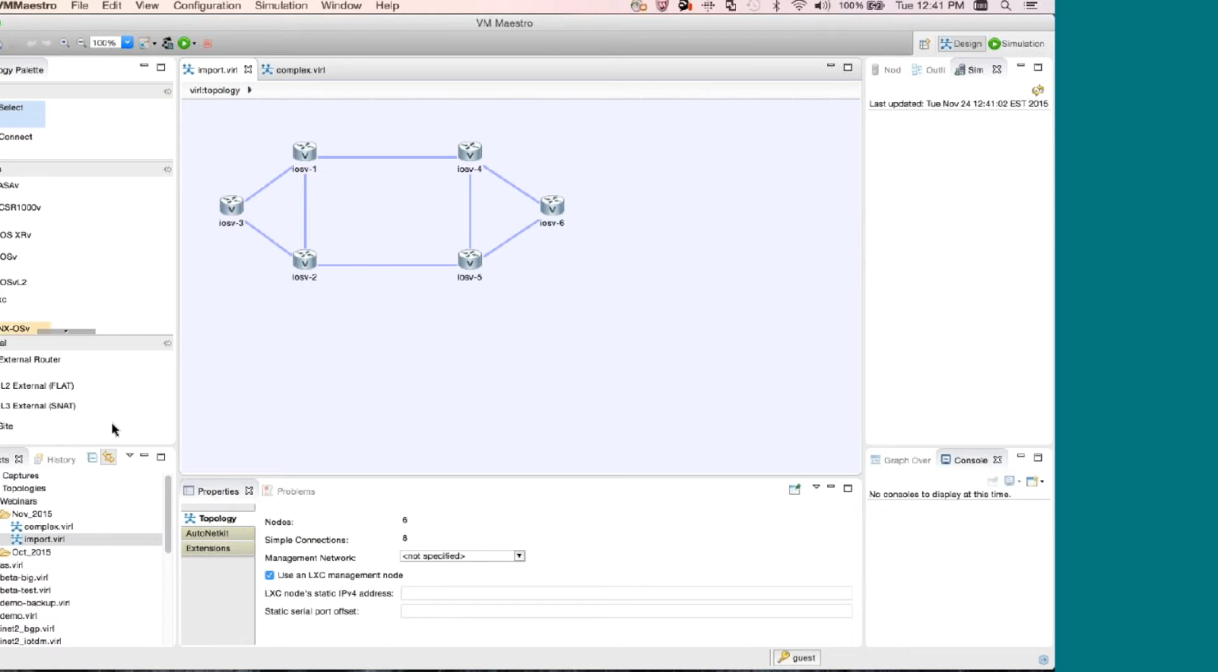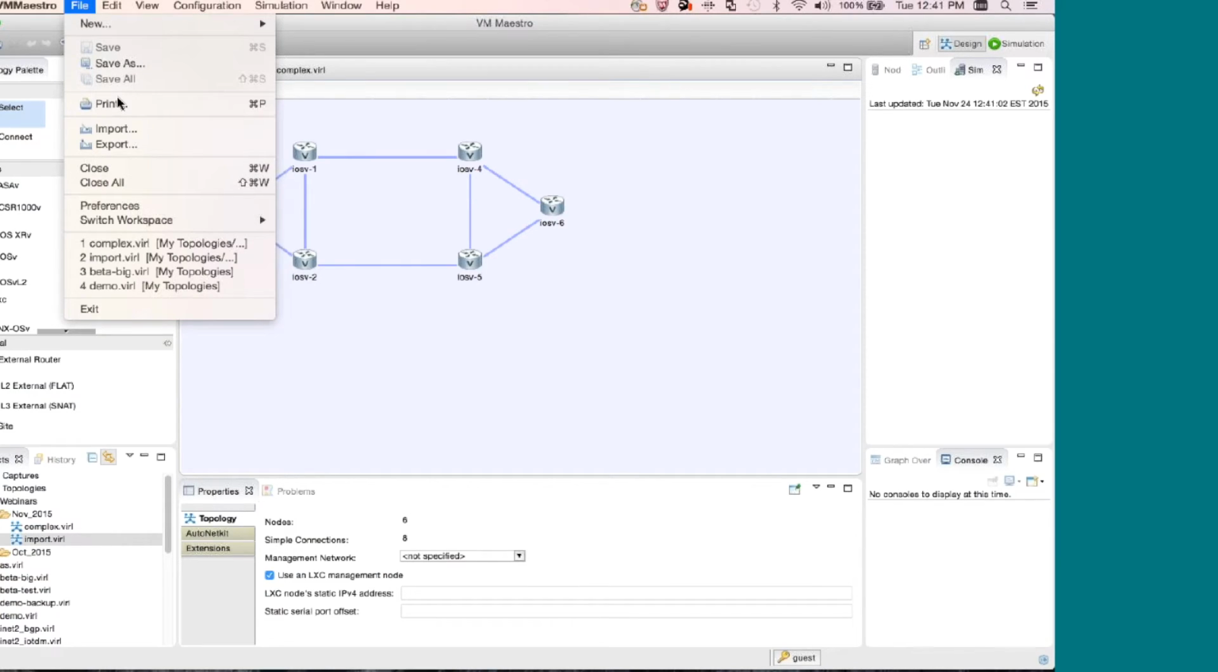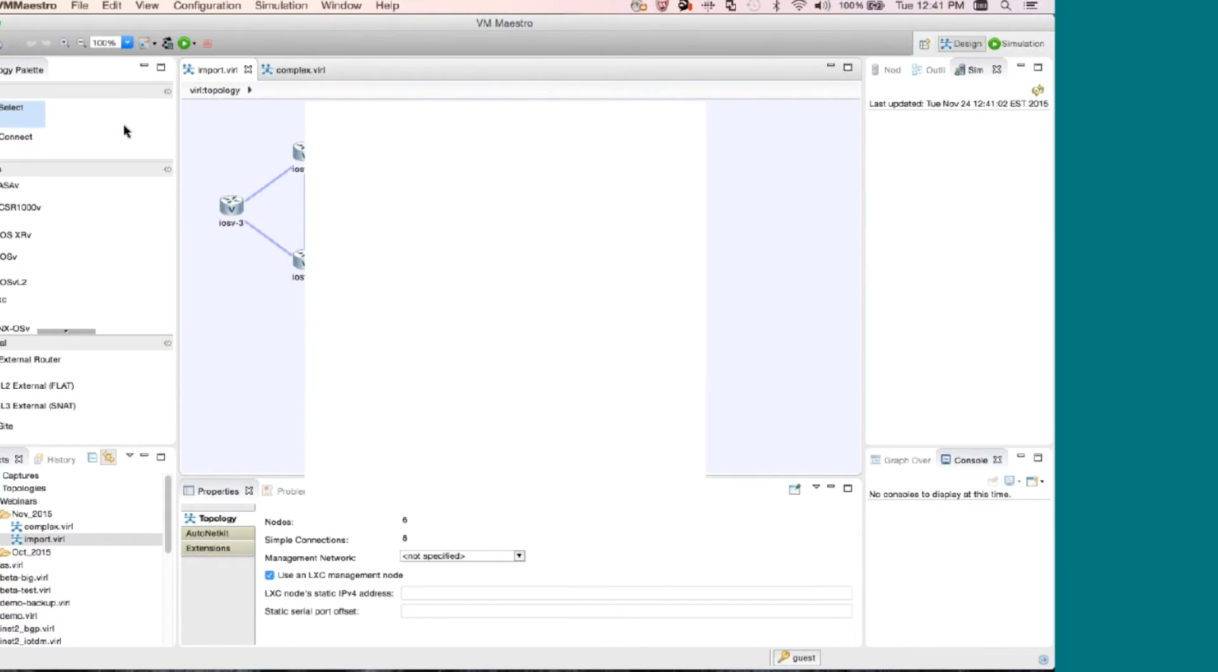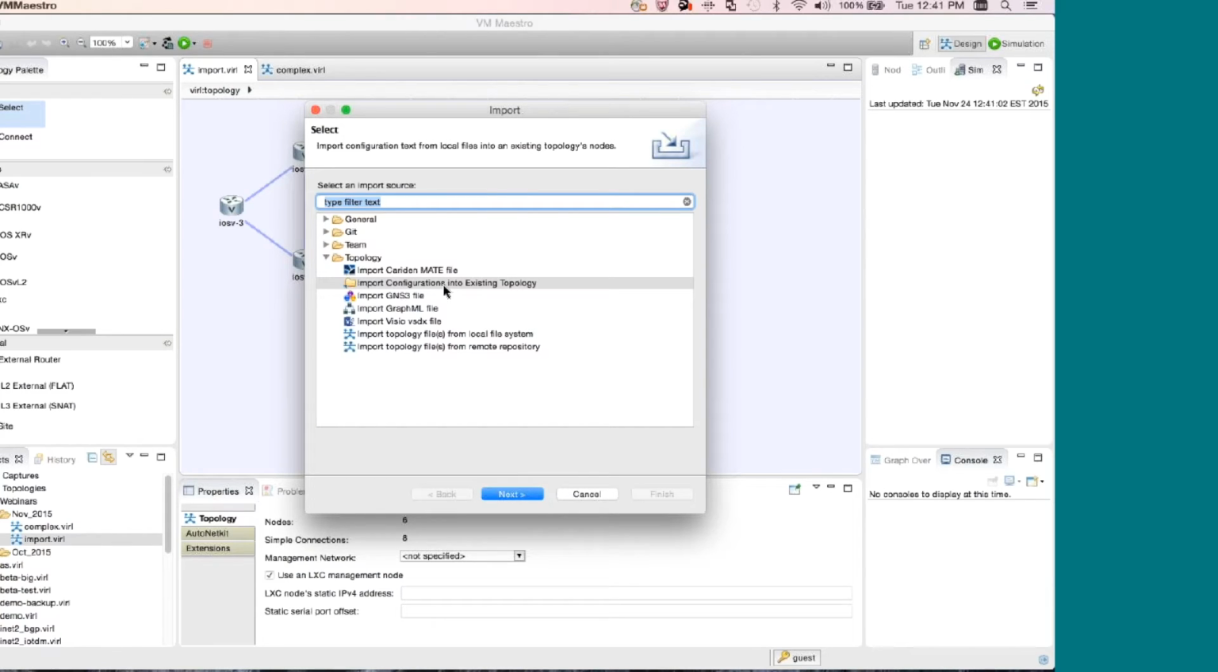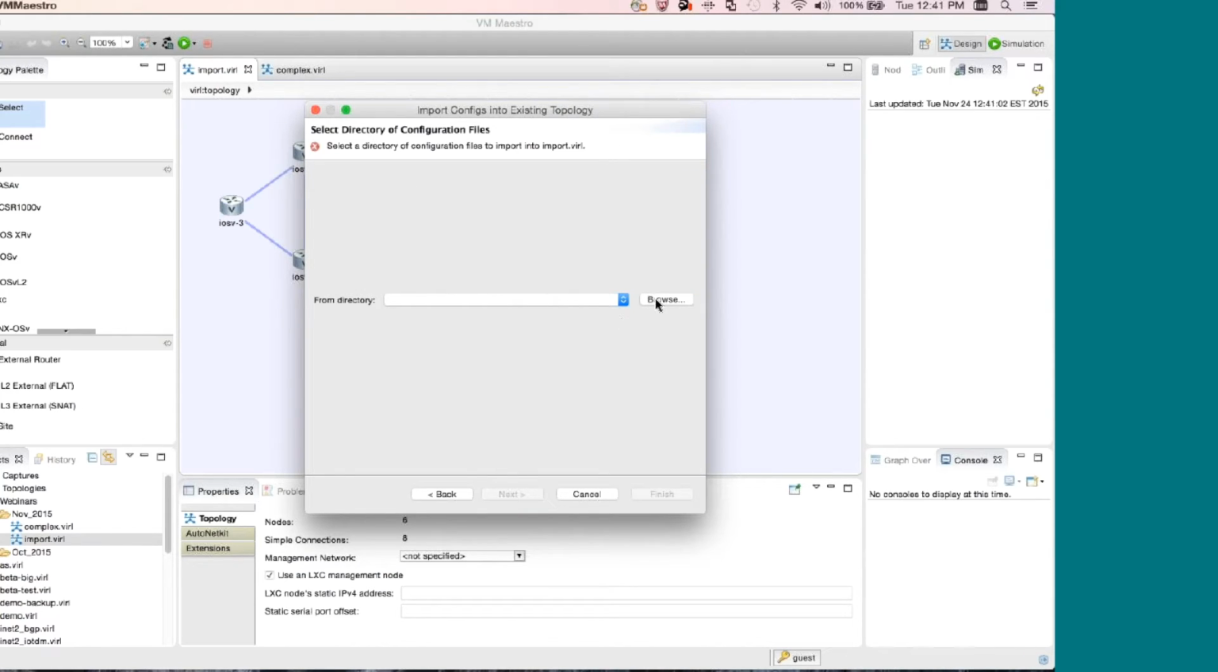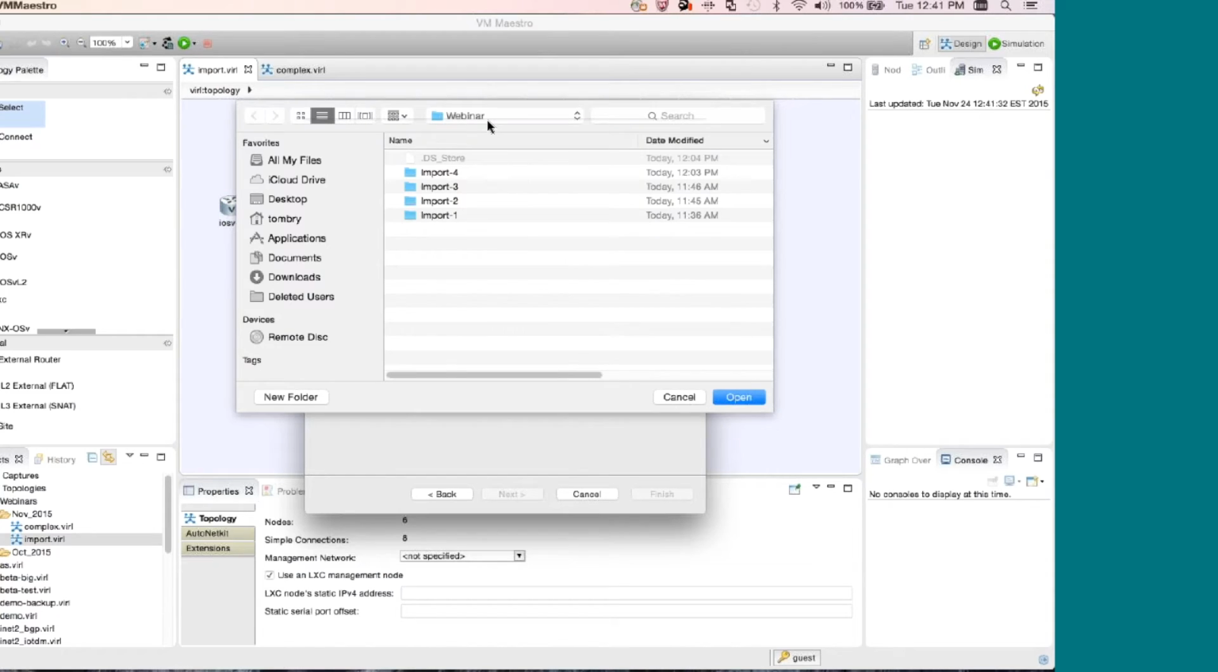But if we have a directory with configuration files in them, I can say File, Import, and now underneath the File Import menu, there's a new option for importing configurations into an existing topology. So if you're just running this from the editor, while the editor itself has focus, it'll pick that file by default. And now I can browse into